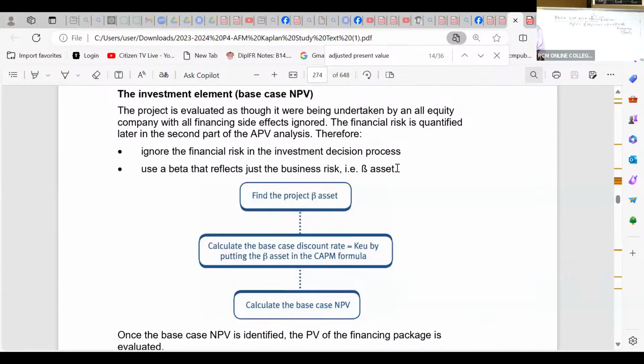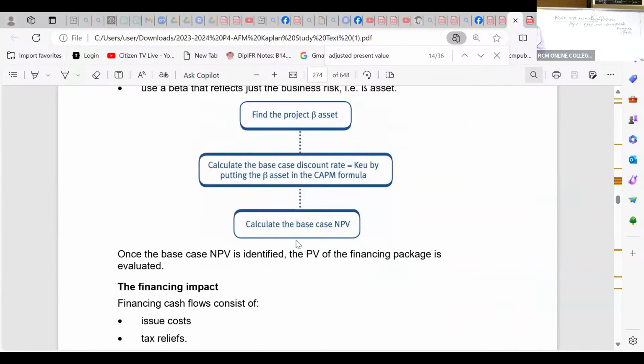You would understand this. So look at the steps here. Find the project beta asset. Then number 2, calculate the base case discount rate, Ke, by putting the beta asset in the CAPM formula. And then you calculate the base case net present value. Now, ladies and gentlemen, this is a very straightforward question. But before we go to this,